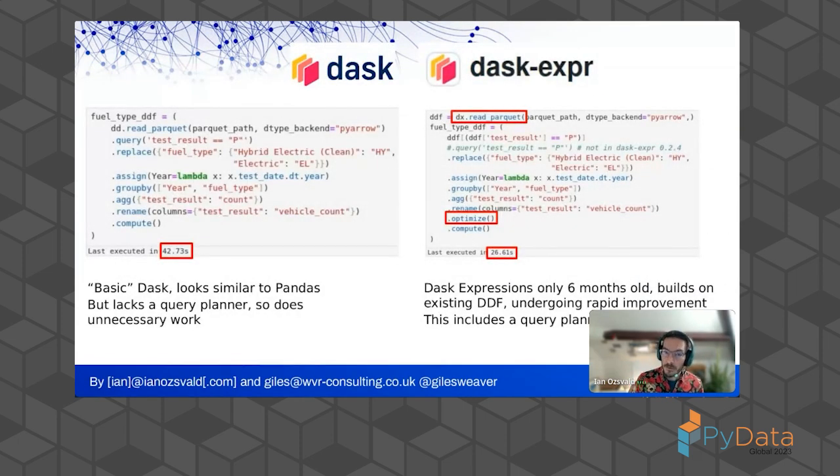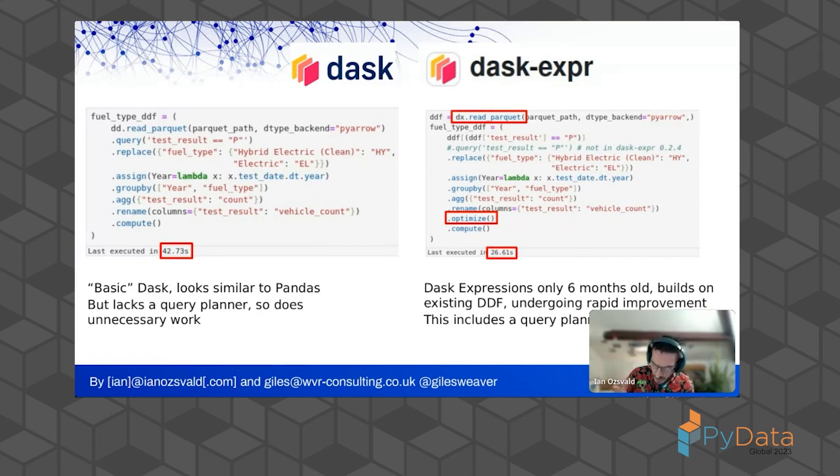How do we write a bit of Dask that addresses this query? Well, the naive Dask, the easy Dask solution is on the left. This is the slower one. We do a read Parquet at the top there, looking at PyArrow files. We look for all vehicles that have passed. We do a little bit of cleanup. We get the year that the vehicle was tested, and then we're grouping with fuel type, and then we can plot the number of vehicles tested per year and get that idea of the number of vehicles on the road. It takes 42 seconds. It's not bad. It's easy to read. It will execute and it will complete.